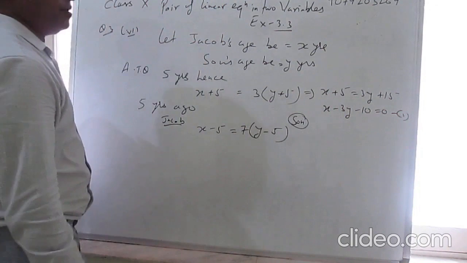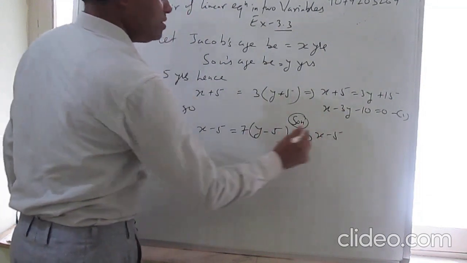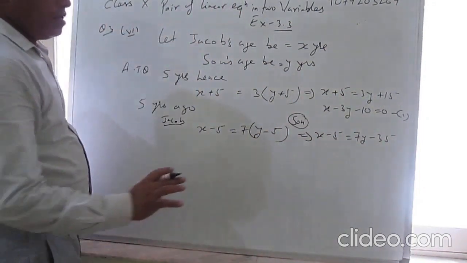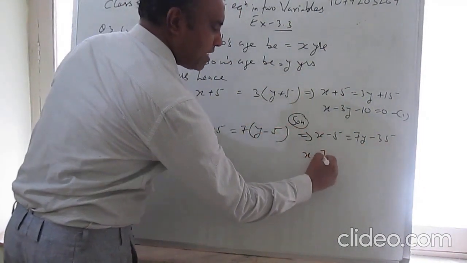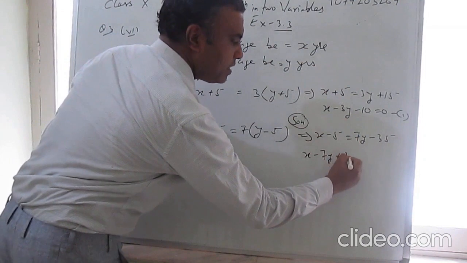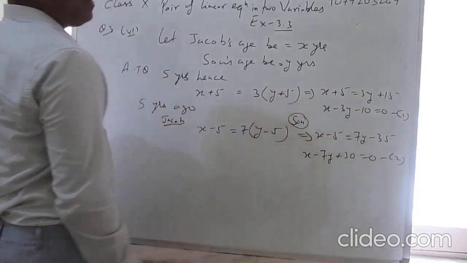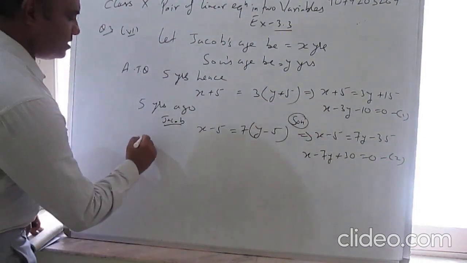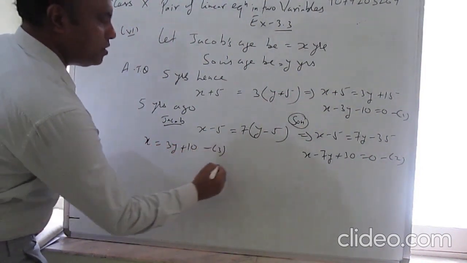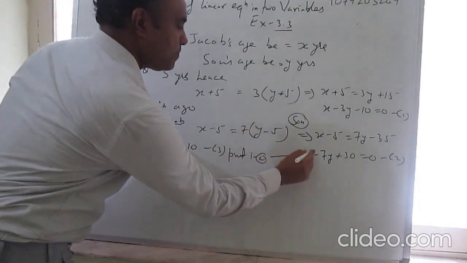This is equation 1. Now from this, x minus 5 is equal to 7y minus 35. Now take 7y here, x minus 7y, minus 35 इधर आ जाएगा तो प्लस का हो जाएगा और ये माइनस जाएगा तो उसमें से 30 is equal to 0. This is equation 2. From equation 1 you can find the value of x. X is equal to, you say 3y plus 10. This is equation third. इसको कहाँ रखेंगे? Put in 2. इसमें रख दीजिए, x हटाइए.